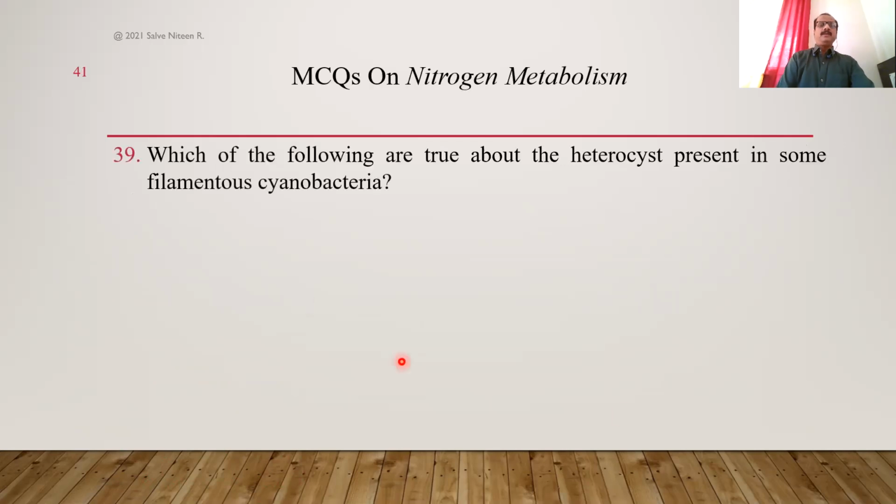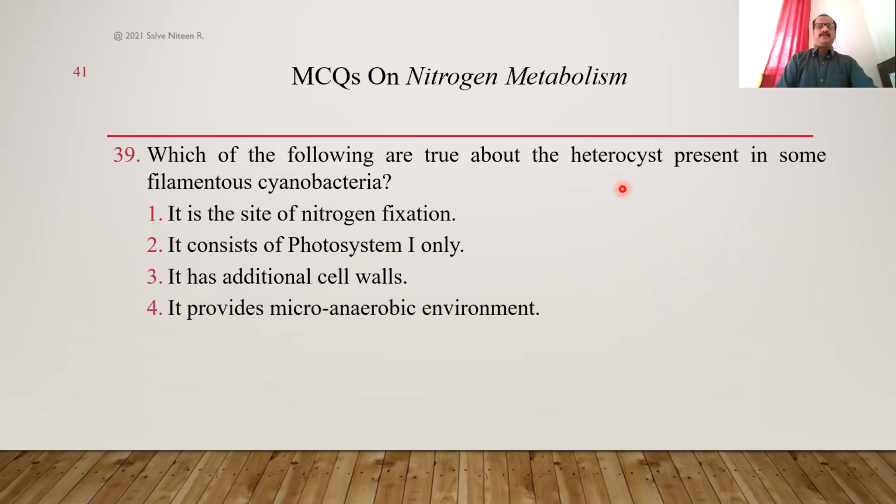Which of the following are true about the heterocyst, which is present in some filamentous cyanobacteria? It is a site of nitrogen fixation. Yes, that is right. Inside the heterocyst, nitrogen fixation takes place. It consists of photosystem 1 only. That is also right. It has an additional cell wall, a very thick wall. That is also right. It provides a micro-anaerobic environment. And this is also right, because when only photosystem 1 is present, oxygen is not released, so anaerobic conditions exist,